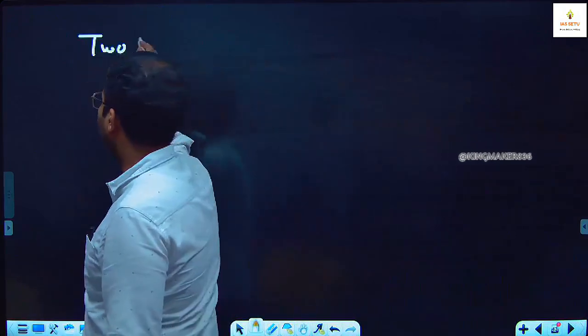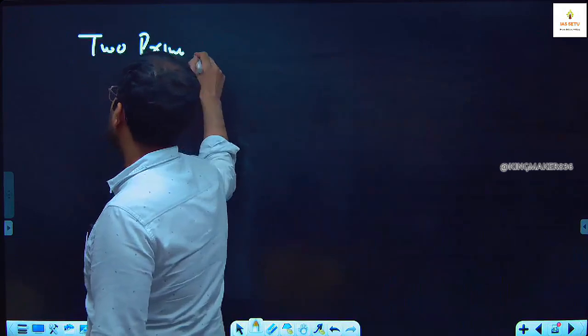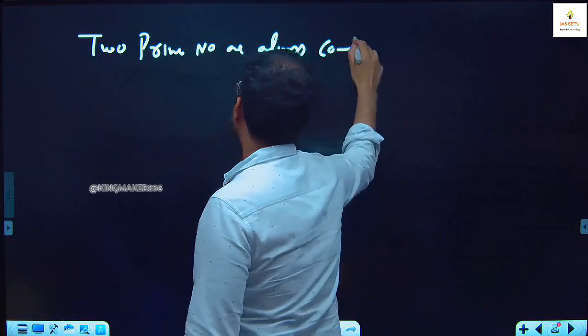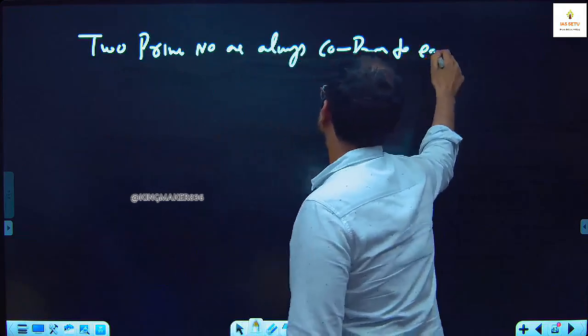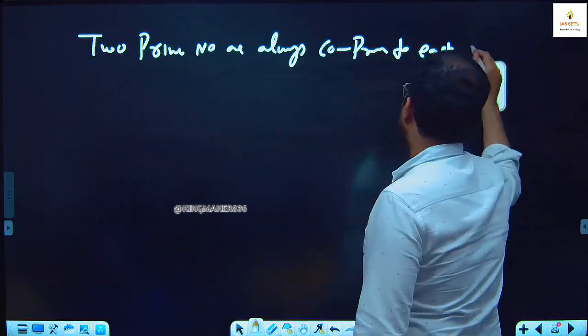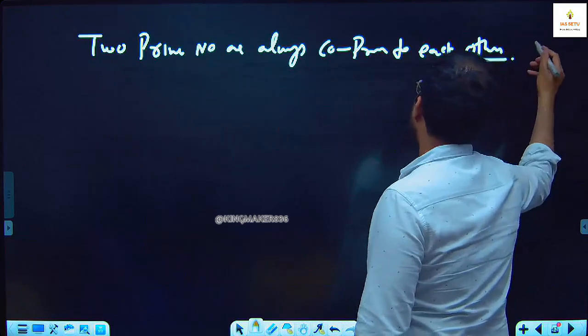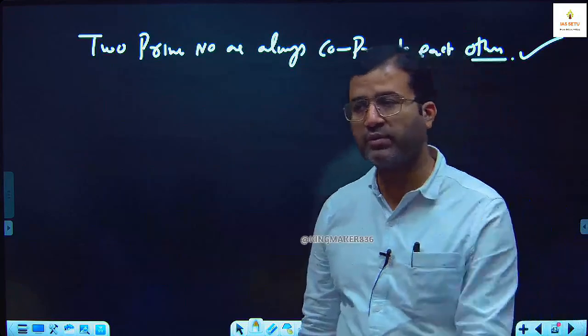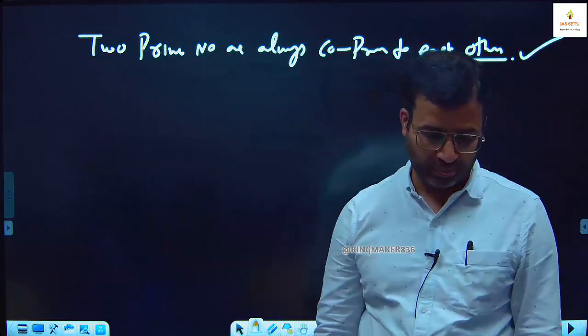Two prime numbers are always co-prime to each other. ठीक है, दो प्राइम नंबर तो आपस में को-प्राइम होंगे ही होंगे।